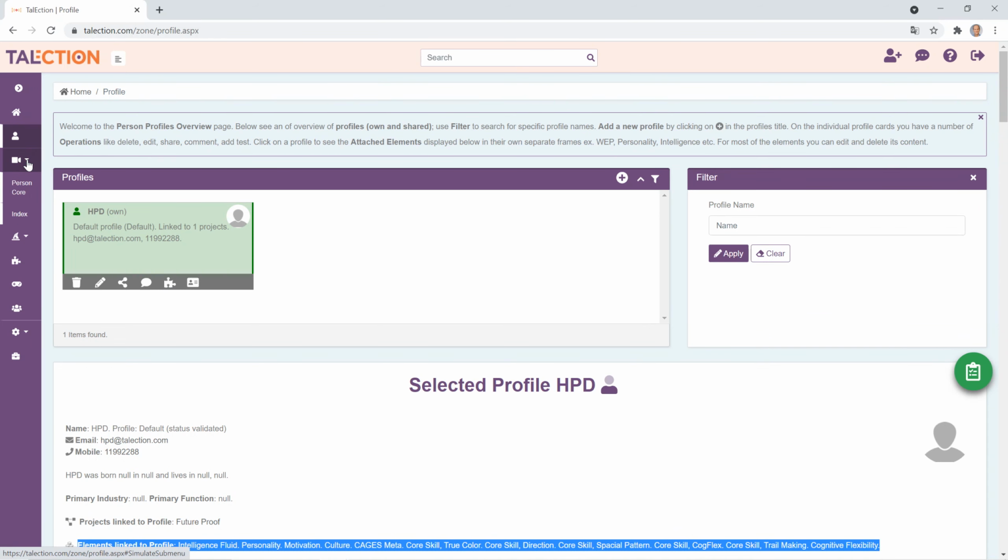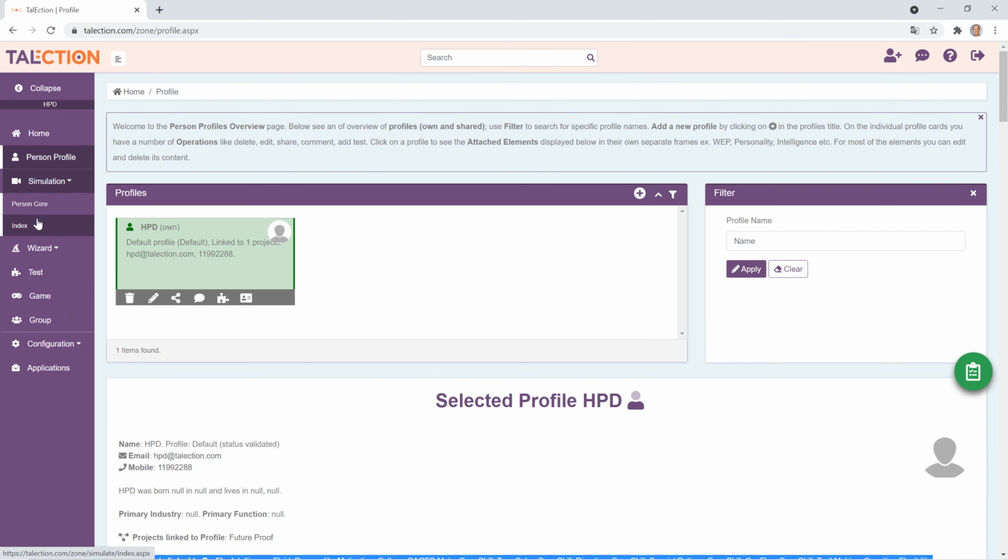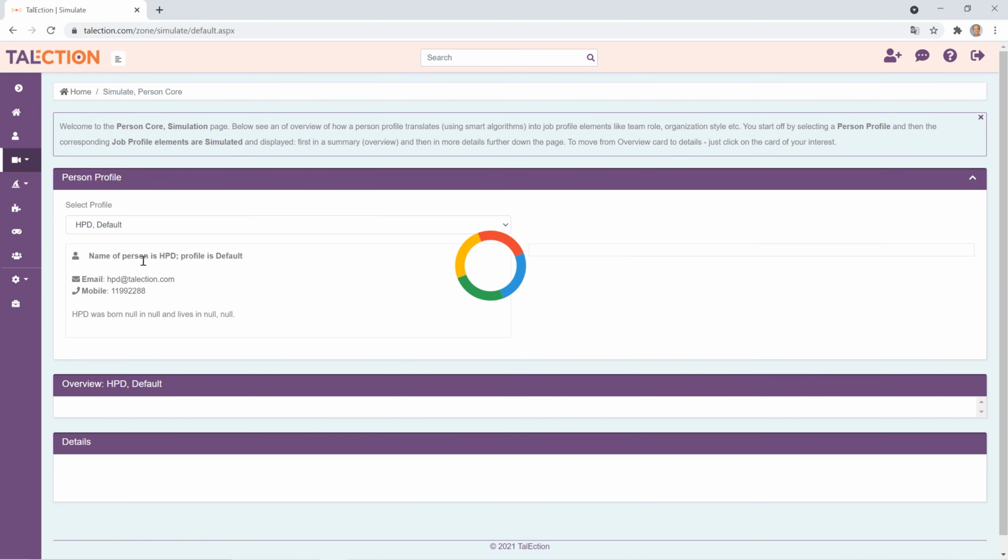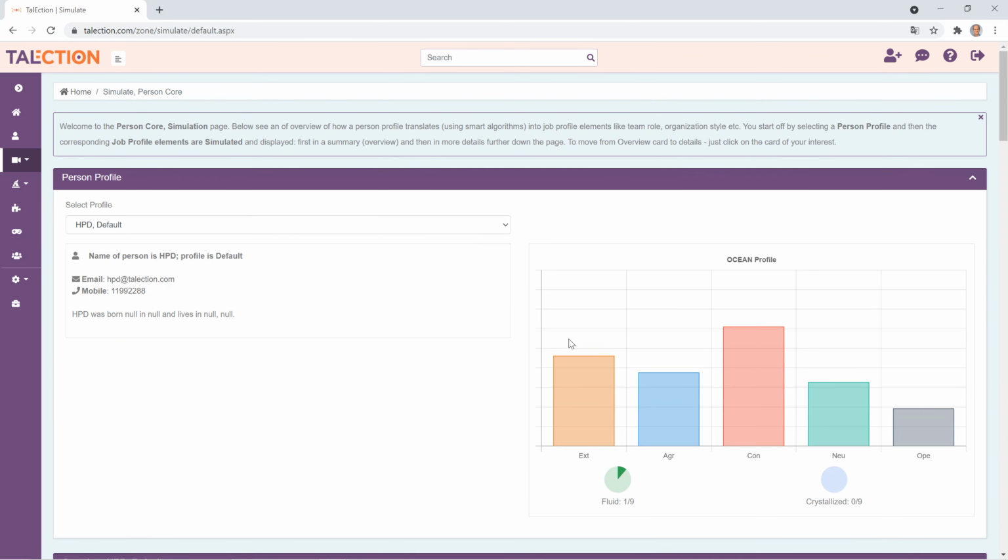Below that again, you have access to 2 types of simulations. If your user is linked to an account, there might be more simulations and also more wizards available to you. The person core simulation takes your personality profile and your intelligence profile,